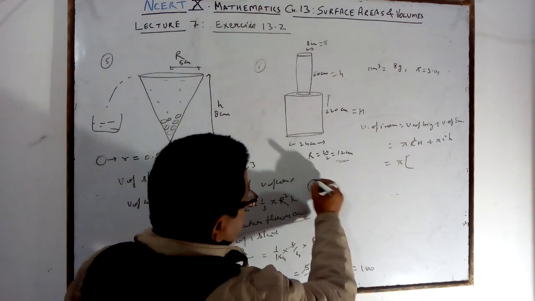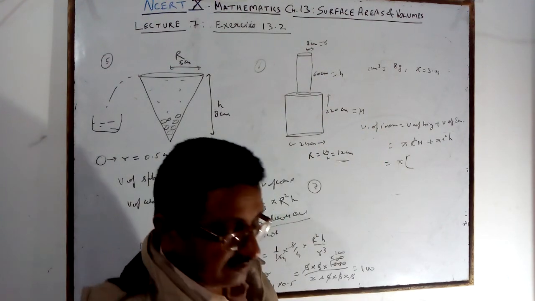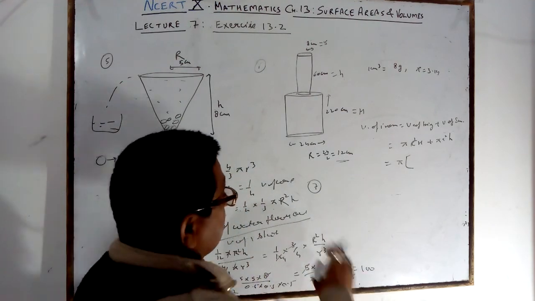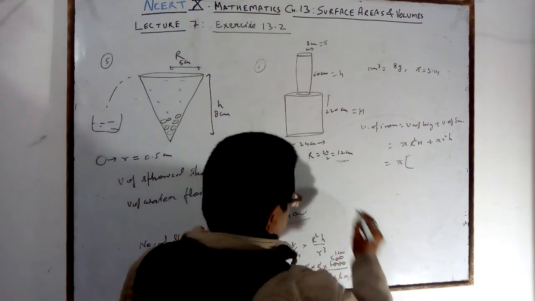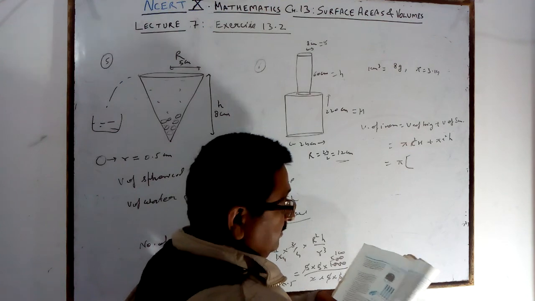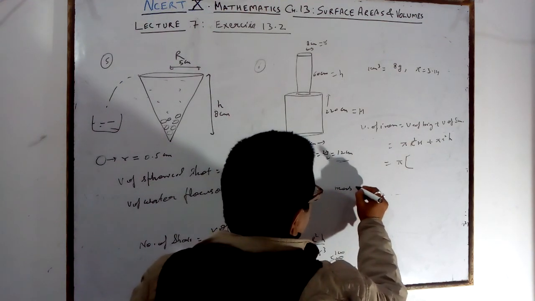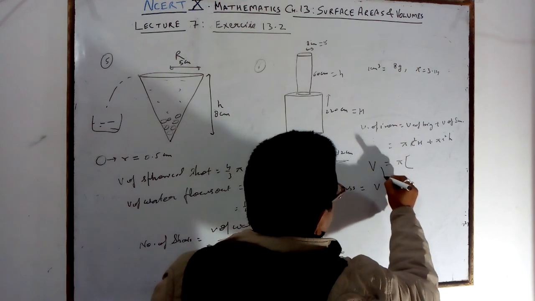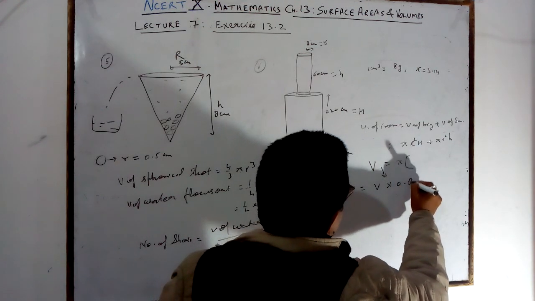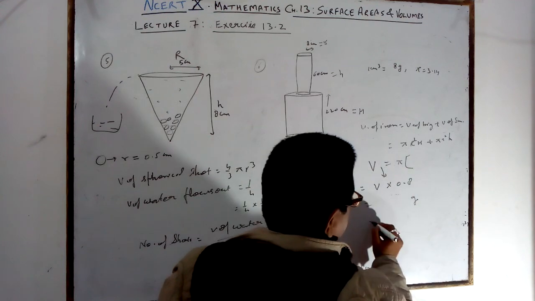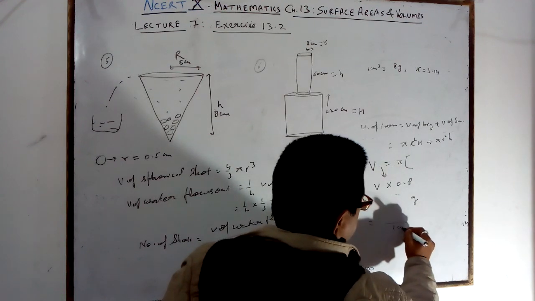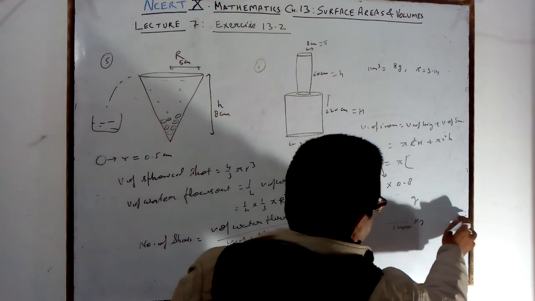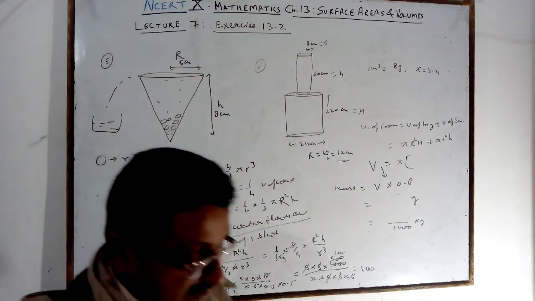Question number 7 we will see. But first, what is asked here? Find the mass. Mass is equal to this volume multiplied by 8, you will get it in gram. If it is big, you divide by 1000, you will get kilogram. That you will calculate afterwards.